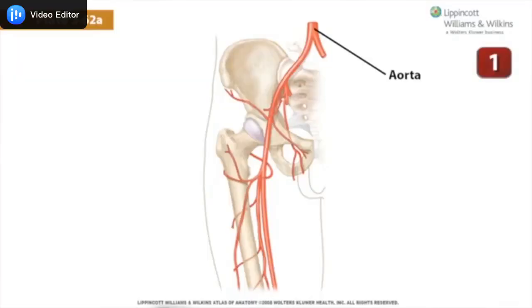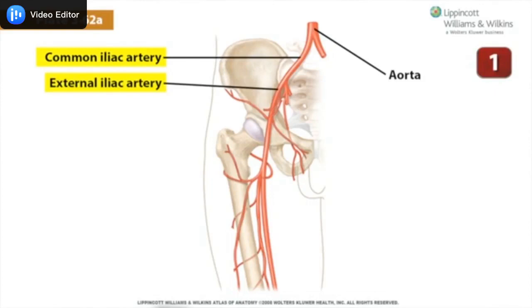Dr. John Phelan: Most of the blood supply to the pelvis is provided by the internal iliac artery. The aorta bifurcates into the left and right common iliac arteries, which in turn bifurcate into the left and right external and internal iliac arteries. The external iliac travels along the pelvic brim, never entering the true pelvis, and passes inferior to the inguinal ligament